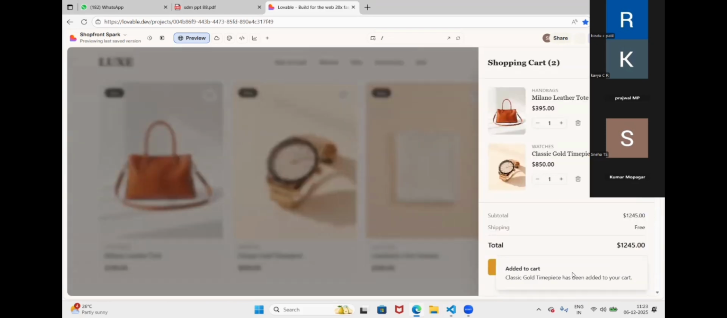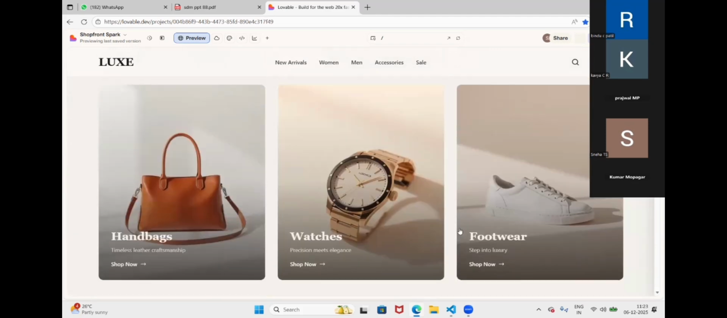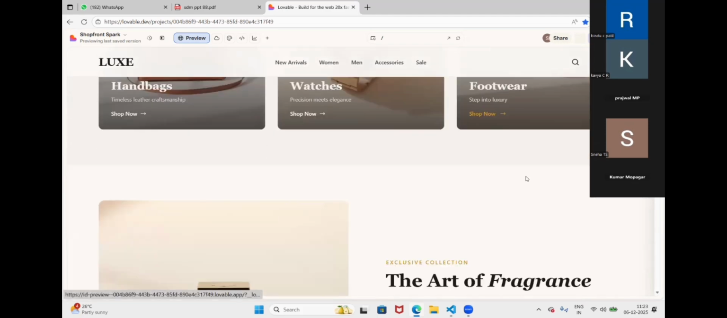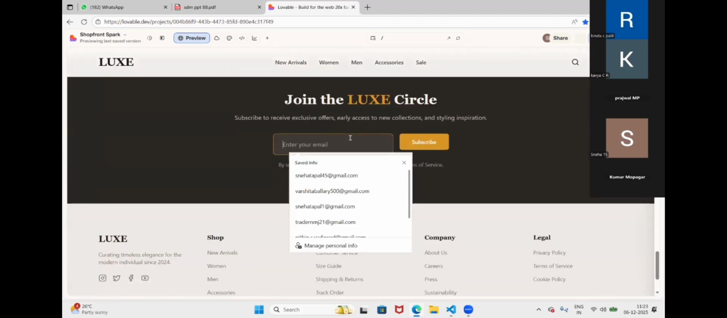Here the total bill will come. When we add the items to the cart, it will give a bill like that. And next, scrolling down, we made some categories like handbags, watches, and footwear. And next, here the customer can